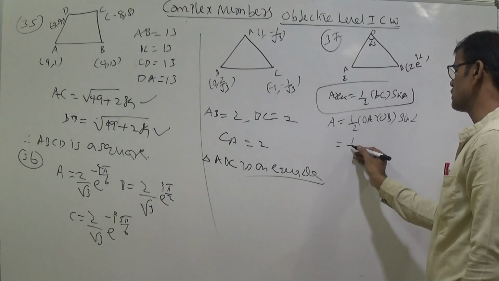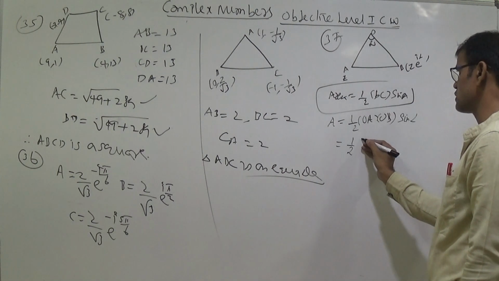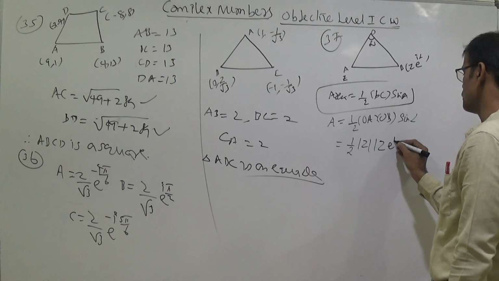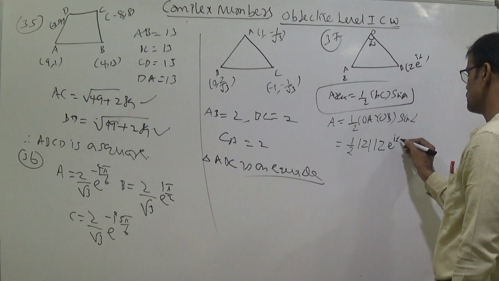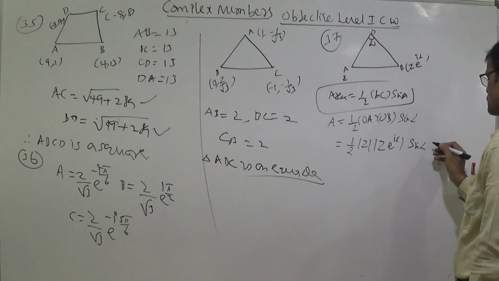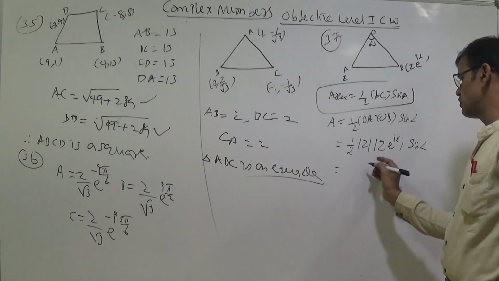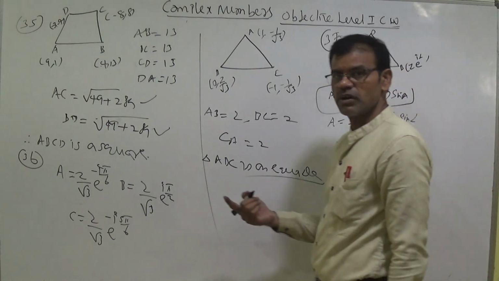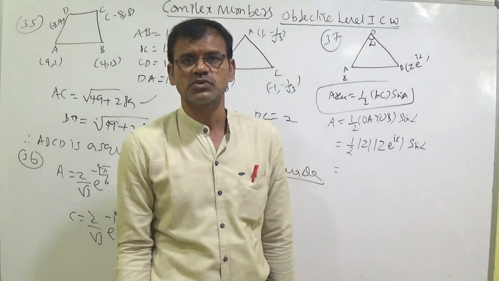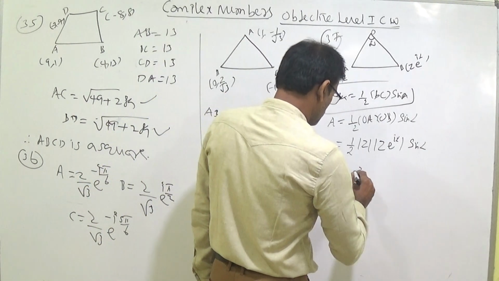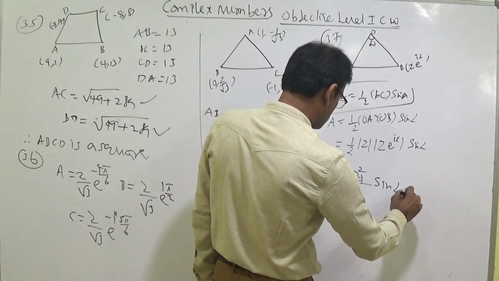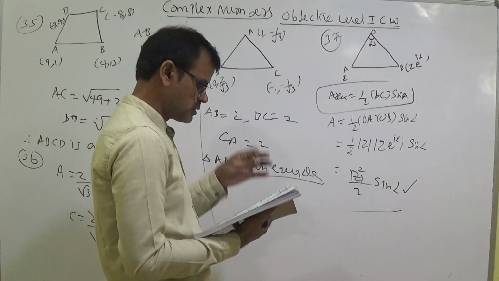It is not vector area, it is simply area. So OA is mod z, and OB is also mod z into e power i alpha, with the angle between the two complex numbers being alpha, so sin alpha. Here 1 by 2 into z e power i alpha. E power i alpha can be understood as cos alpha plus i sin alpha, whose modulus is root of cos square alpha plus sin square alpha, which is 1. So now you can write this as modulus of z square by 2 into sin alpha.